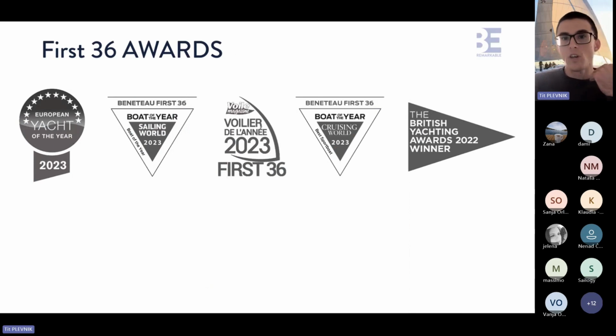Now we are moving on to the awards, right? When the boat was launched in the first year, during 2023, with all the tests done in 2022, it was named boat of the year in pretty much all the relevant and big boat of the year contests, right? We will go into details on which awards these are, but before that I would like to summarize them